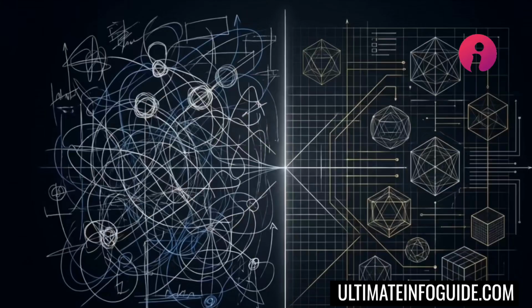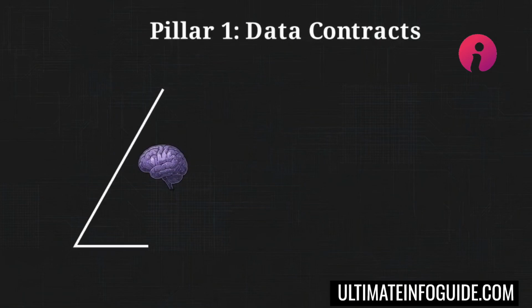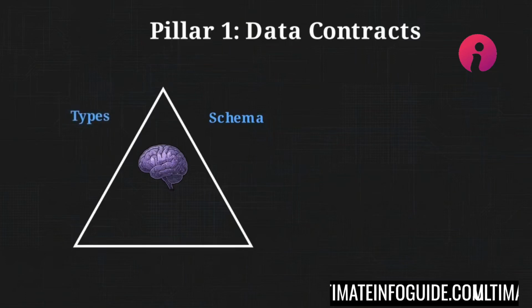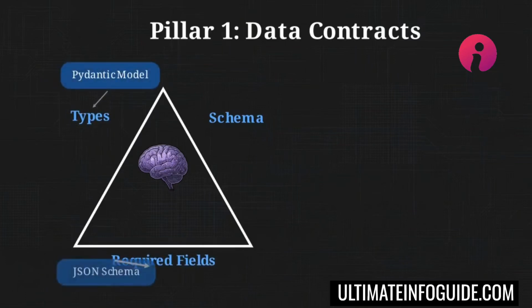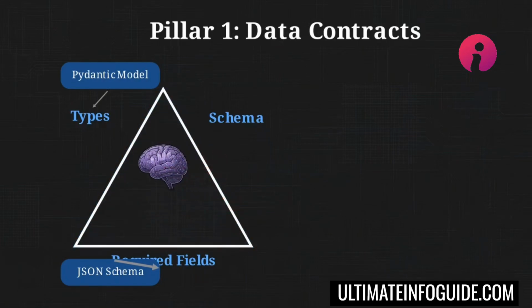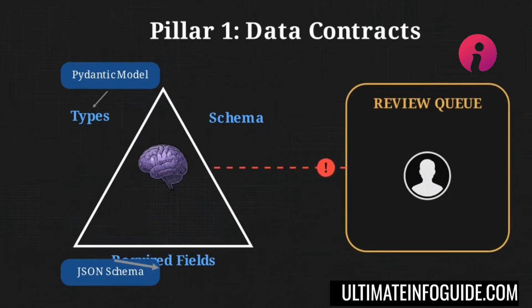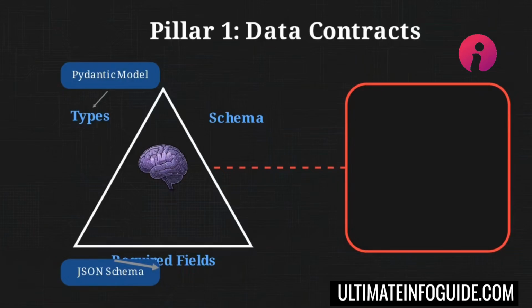To build a safe system, we have to start by establishing physical blockers against unwanted mutations. This diagram illustrates the first pillar, data contracts. We define what a table promises, schema, types, required fields, as rigid code-based rules like a Pydantic model or JSON schema. When the agent proposes any schema or type change, this contract automatically validates the request against the hard-coded parameters. If a violation occurs, we trigger an automated fallback. The system halts the change entirely and flags it for human review.